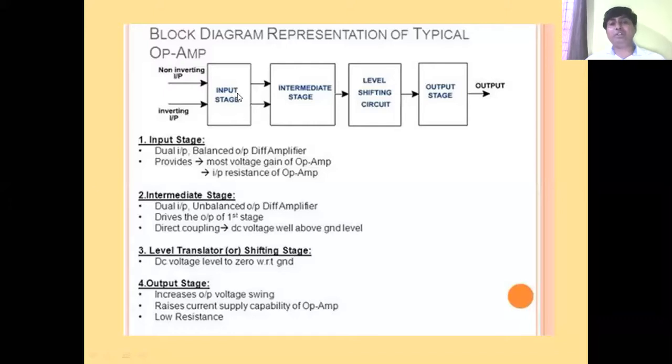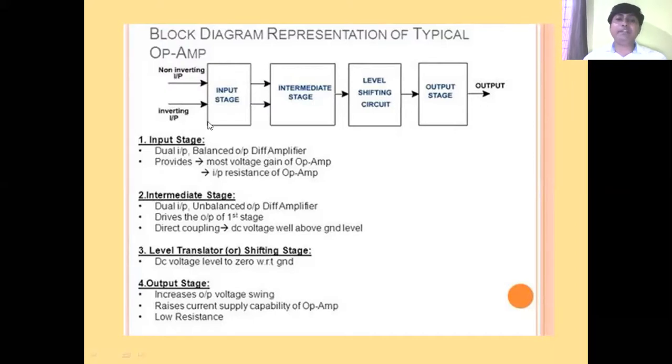Now what will it do? As the name implies, an amplifier will increase. But as per the differential amplifier, it will provide the output with respect to the difference of the inputs. That means if we apply the input to the non-inverting terminal as well as the inverting terminal, then at the output, the difference between the non-inverting and inverting terminals will be amplified.